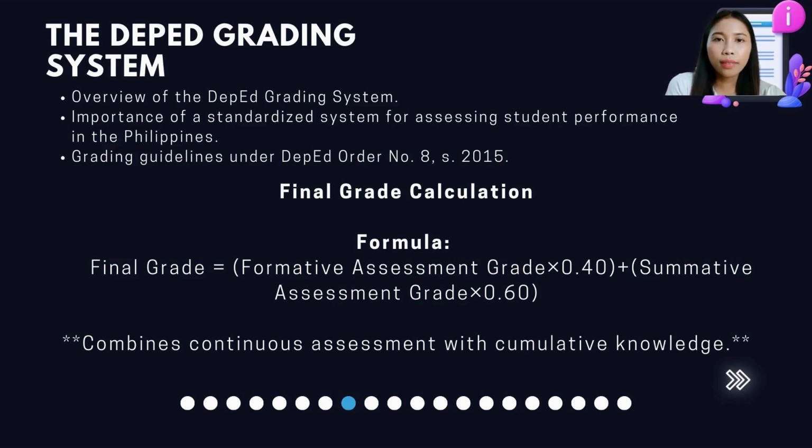So here, the final grade is equal to the formative assessment times 0.40 plus the summative assessment times 0.60. This system is meant to provide a comprehensive view of the student's academic progress, combining both ongoing performance and cumulative